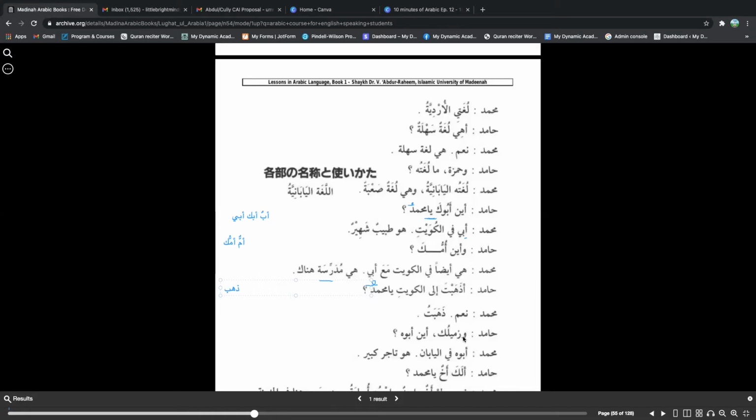Okay, hamidun wa zamiluka. So once again, zamilun has tanween. Get rid of one dhamma, and you add the possessive pronoun, and it becomes zamiluka. Wa zamiluka aina abuhu. Aina abuhu. Remember the extra waw. We have this anytime we add the possessive pronoun to ab or akh. They are both used the same way. So, aina abuhu? Where is his father? Okay. Abuhu fi Yaban. His father is in Japan. Huwa tajirun kabirun. Okay,